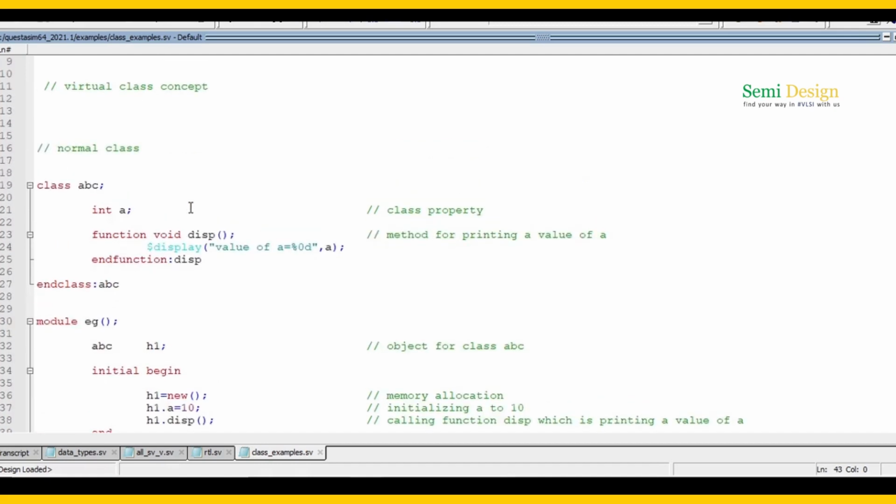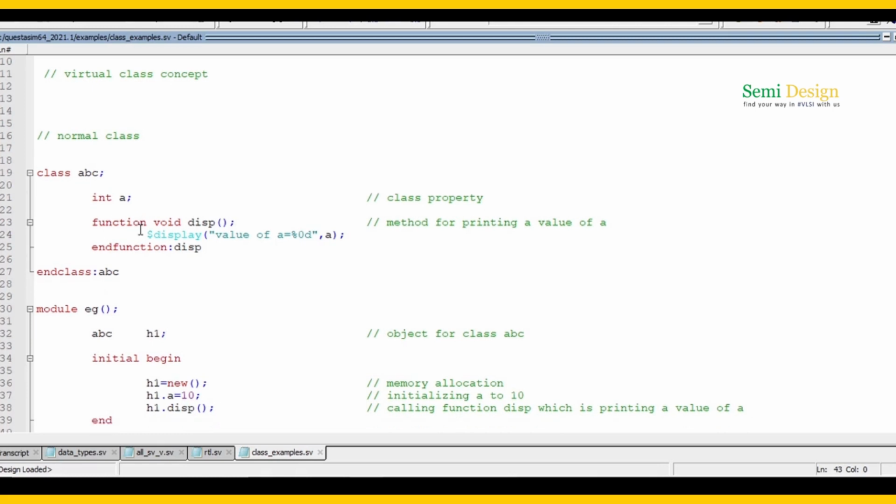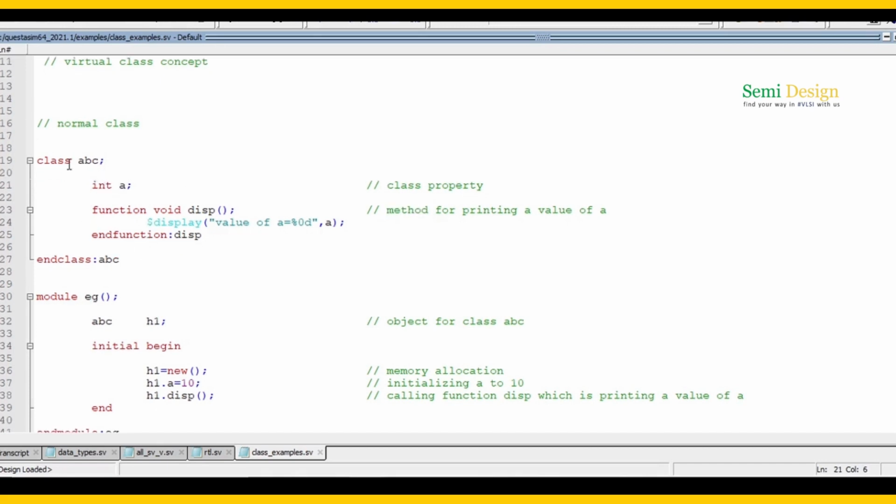Okay, now before moving to that concept, let's have a look at a very simple class concept. Here I have declared a class ABC, and as you know, a class contains class properties and methods. These methods work on these properties. In this simple class ABC, I have declared a property int a, and I'm displaying the value of this int a using this void method.